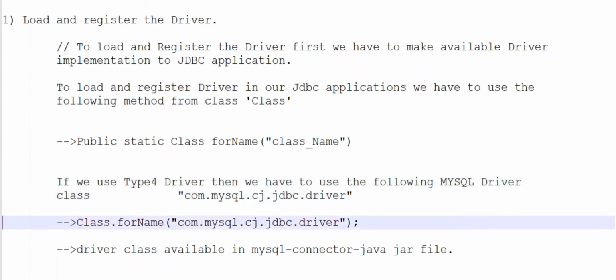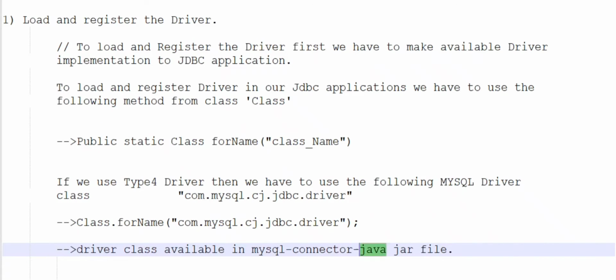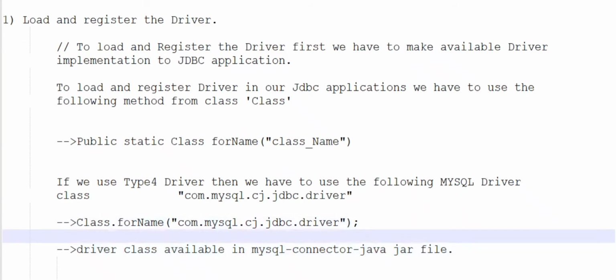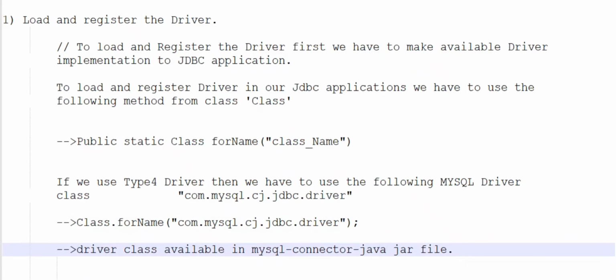com.mysql.cj.jdbc.Driver. So in our code we will write Class.forName("com.mysql.cj.jdbc.Driver"). Remember, this driver class is available in a jar file that is present in the MySQL connector Java jar file. While we prepare our application, I will show where this connector is present. Now, second step is